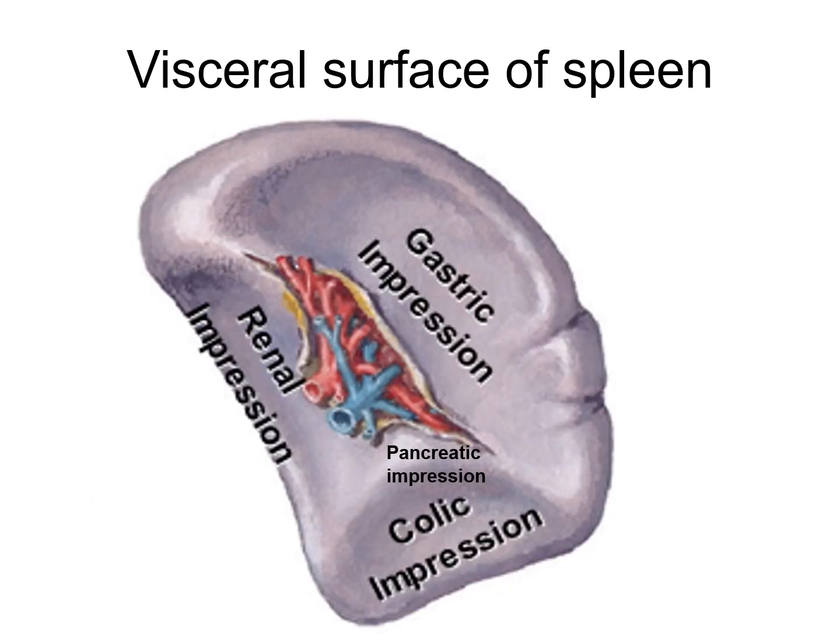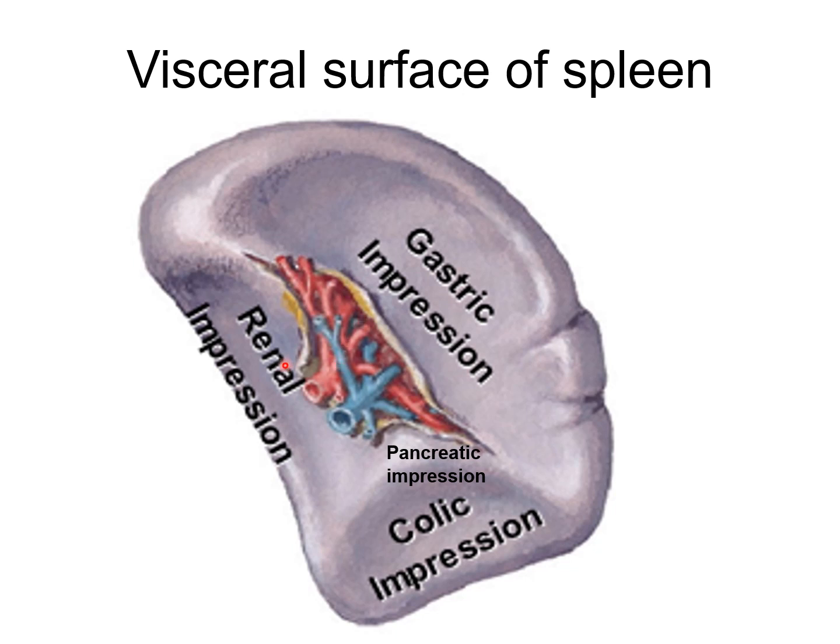The visceral surface of the spleen consists of 4 impressions: gastric, renal, colic and pancreatic. Among all the 4, the gastric impression is the most marked one, and it is produced by the fundus of the stomach, and it is present between the superior and intermediate borders. The hilum of the spleen is located in the lower part of this impression, and through this hilum the structures enter and leave the spleen.